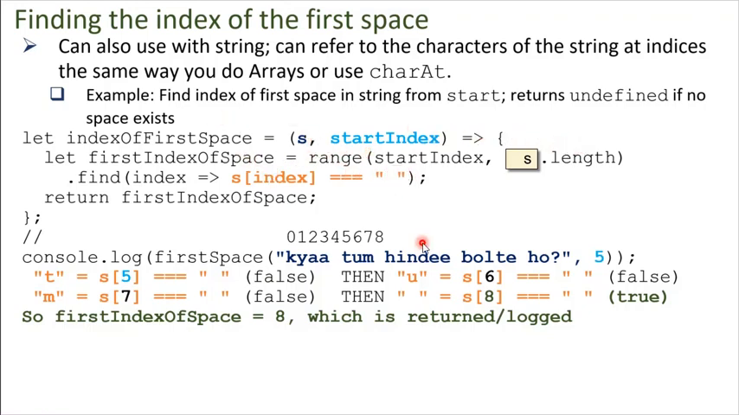Either it has to be true, or if there are no spaces, this is just going to be undefined. But assuming there's at least one space, we're going to stop only when s of index is the space. So first index of space is going to be an index of a space, and if you do s of that index, you're just going to get back a space. So obviously here that wouldn't be useful information. We want to get the first index of the space. We know there's going to be a space there, so we just return first index of space without the s. Okay, so